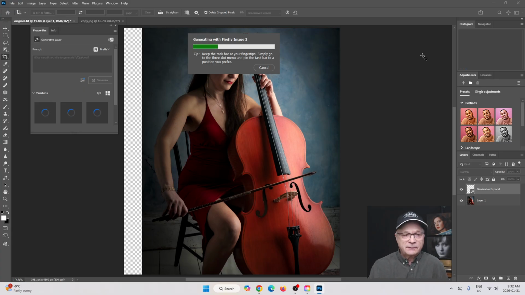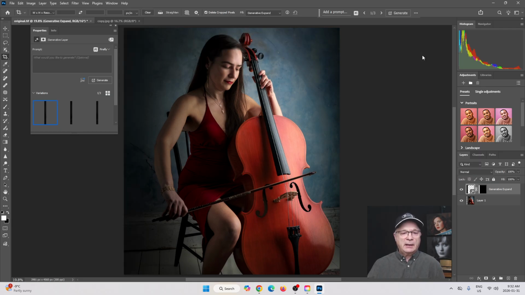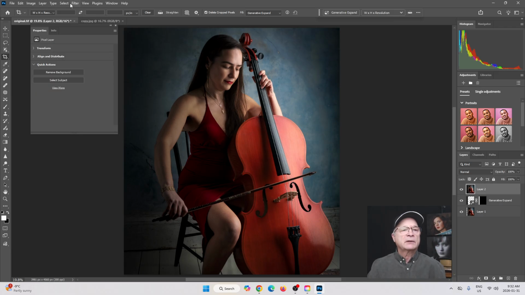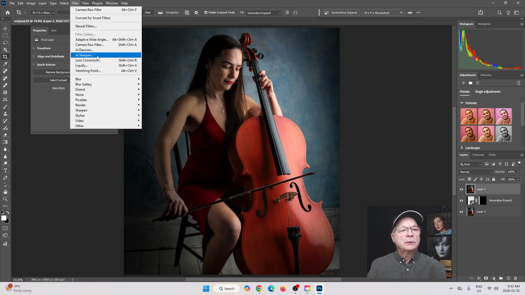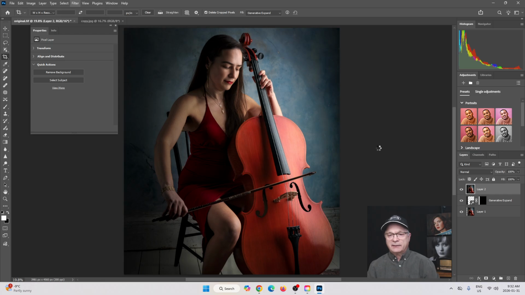And that'll just take a second. And it's going to fill in that part of her hand, or where the hand is rather. And let's give her a little more space behind the hand. And there we go. Perfect. So now that we've got that, I'm just going to hit Control Alt Shift and E, create a copy. Now I'm going to send that back over to Camera Raw and continue editing.